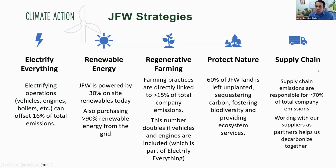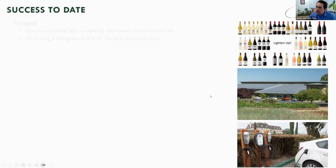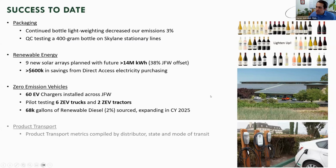And so when we talk about what we can do about it, we usually talk about, here are our strategies. These are probably not going to be unique to us. I think everybody can focus on electrification, renewable energy, what we can do with regen farming. We like to protect nature in there. That doesn't directly come into greenhouse gas footprints, but it is good to do. And we can talk about the value of nature and biodiversity. And then supply chain engagement is really how we address those scope 3. I didn't realize there were animations in here, but